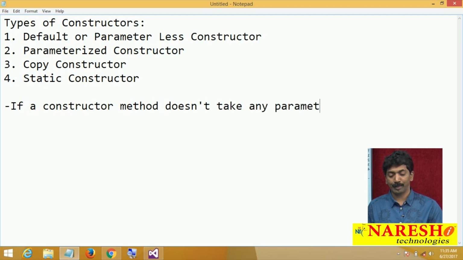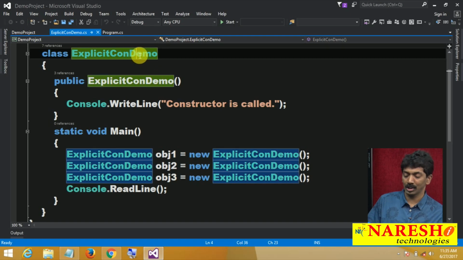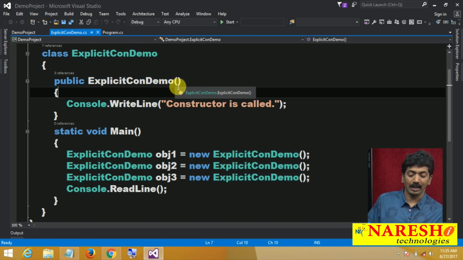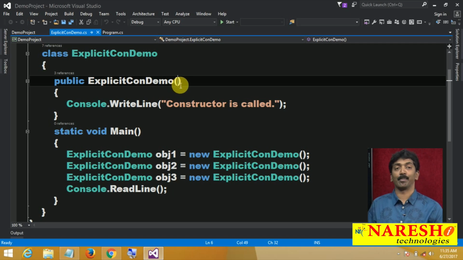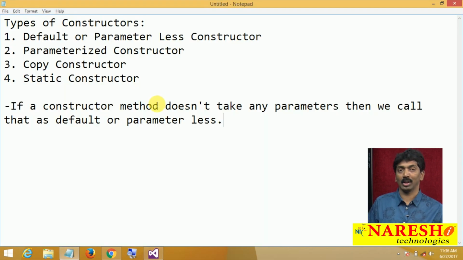Just notice, this is my class and this is my constructor, and this constructor is not taking any parameters here. Because the constructor is not taking any parameters, remember this is a parameterless constructor. The other way to call this is a default constructor.